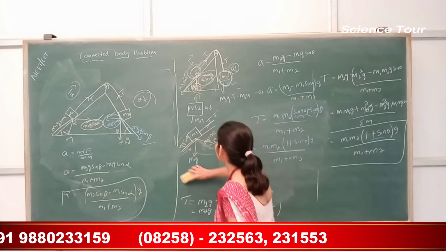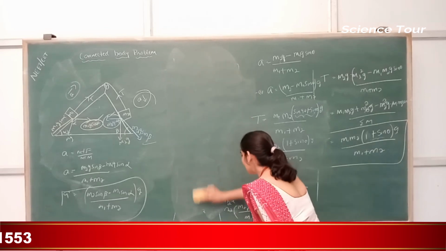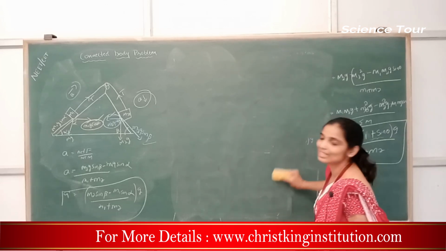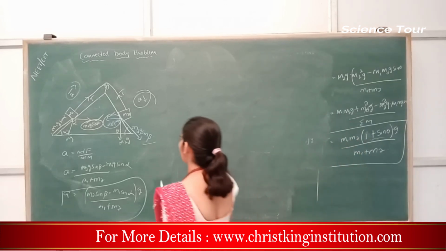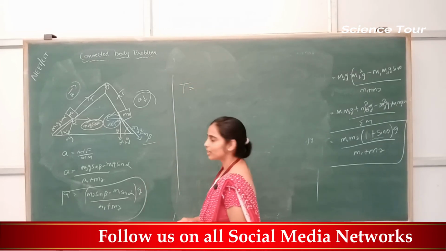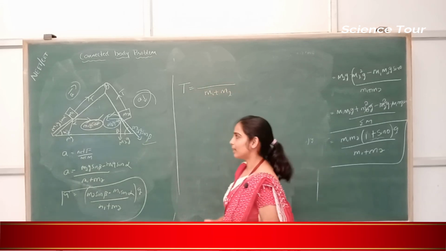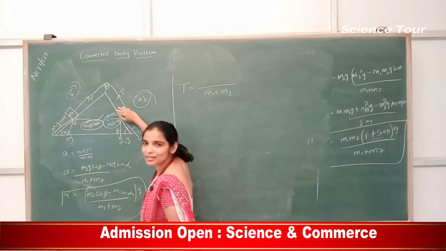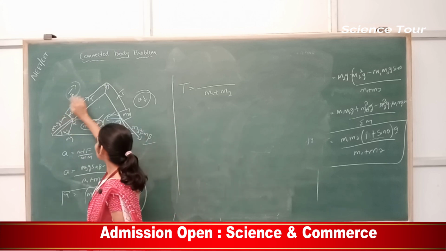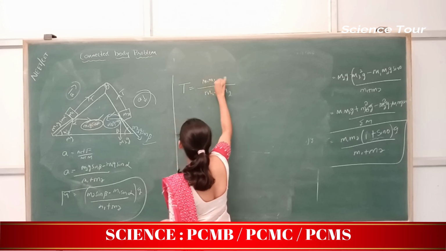Now what is the tension? So deriving the expression for acceleration is not a big deal. Now we have become practiced with that. So tension is a little complicated. So what is the tension? Again, the denominator of the tension is m1 plus m2. You know that. Numerator. If m2 is 0, meaning m2 mass doesn't exist, would the tension exist? No. If m1 doesn't exist, would the tension exist? No. Then you should multiply it by m1 and m2.